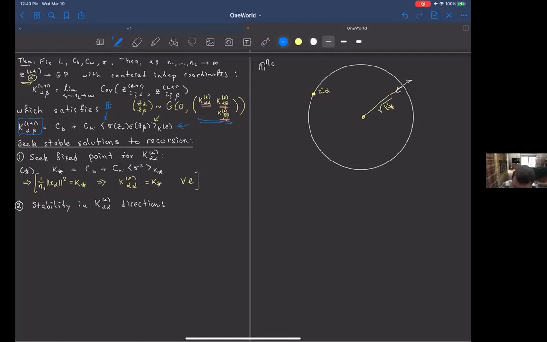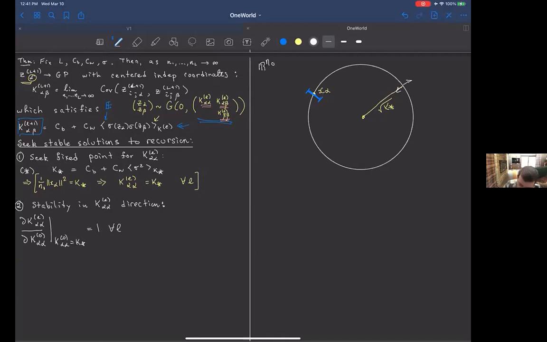Okay, so this says I start with my input X alpha, and I would like it so that for inputs that have slightly different starting norm, the norm also doesn't change to leading order. That's what stability should mean. So just mathematically, this means that the derivative of the variance at layer L with respect to changing the input size, evaluated at the input size equal to K star, should be 1 for all L.